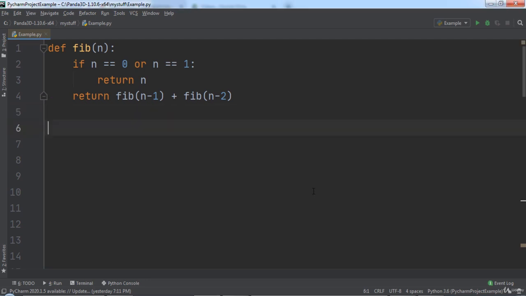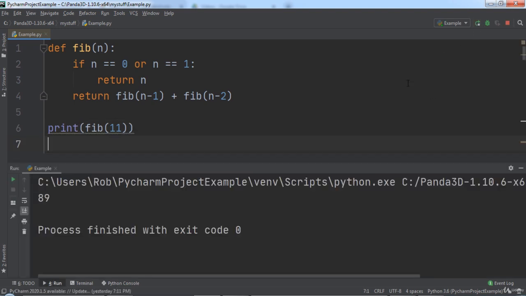To test our code, let's print out the result when we pass in 11. Since we consider that the 0th Fibonacci element is 0 and the first Fibonacci element is 1, the 11th element should evaluate to 89. One drawback of using recursion is that each recursive call is stored on the stack, taking up more